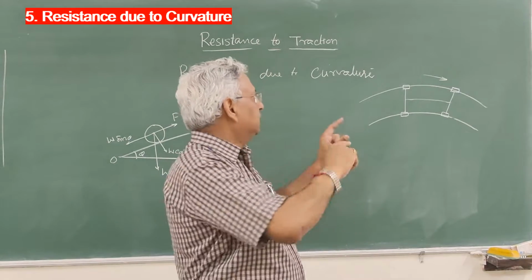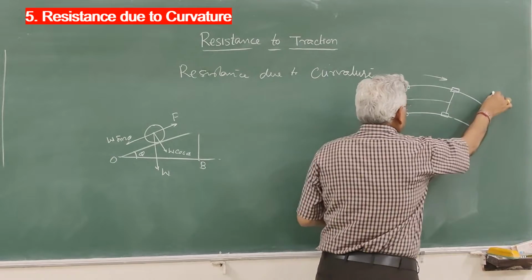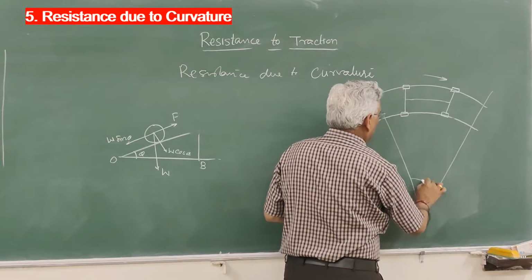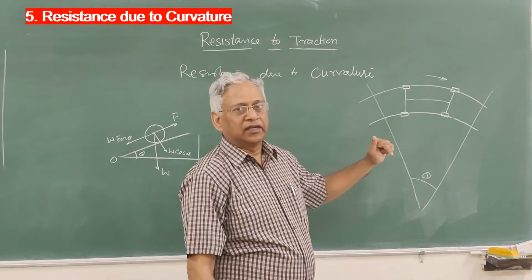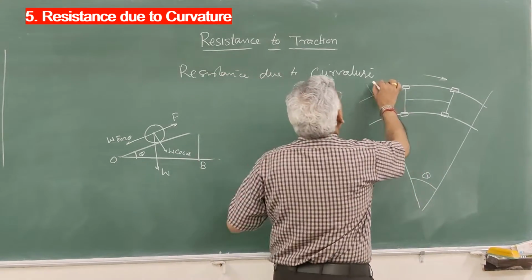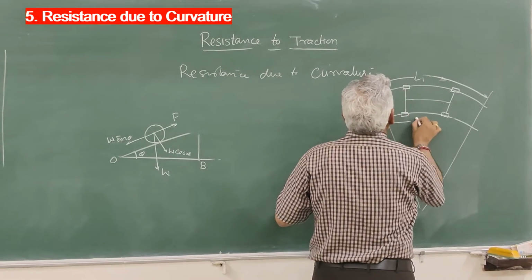And if you take a horizontal curve, then the length of outer rail is more than the length of inner rail, and that amount, let us say this is L1, this is L2,